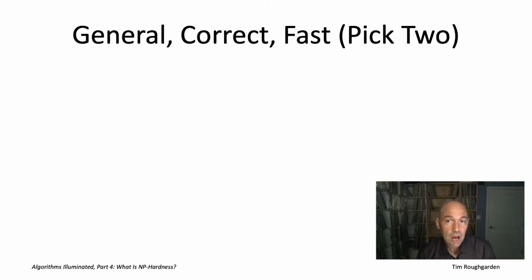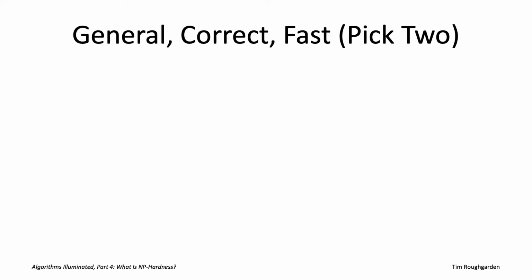NP-hardness does throw the gauntlet down to the algorithm designer, however, and it tells you where to set your expectations. You should not be expecting some super fast and always correct algorithm akin to the ones that spoiled us for problems like sorting, shortest paths, sequence alignment, and so on. Unless you're lucky enough to deal only with very small instances or very well-structured instances, you're probably going to have to work pretty hard to solve the problem and maybe even be ready to make some compromises. So, what kinds of compromises?